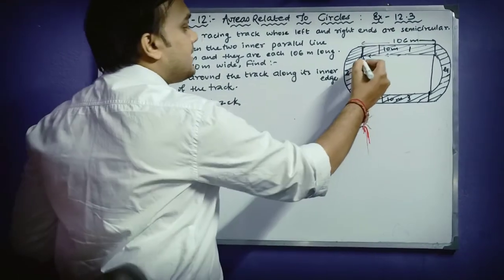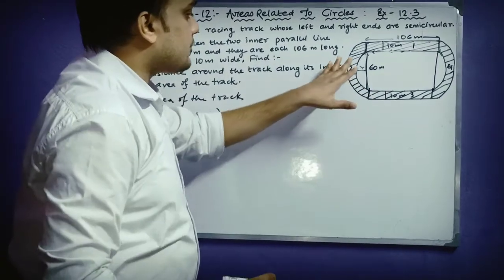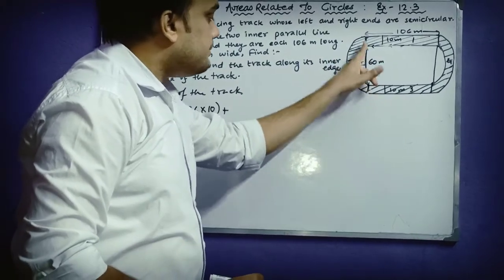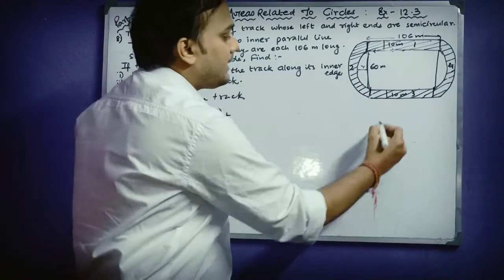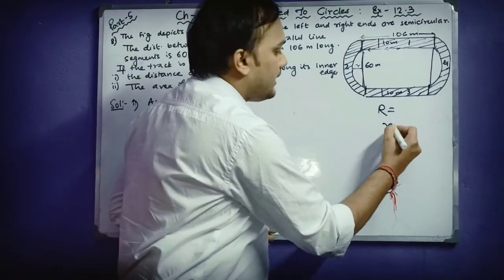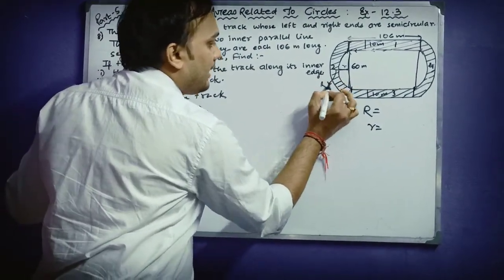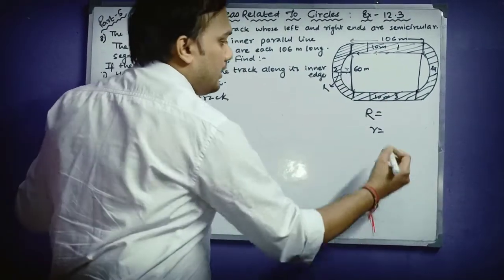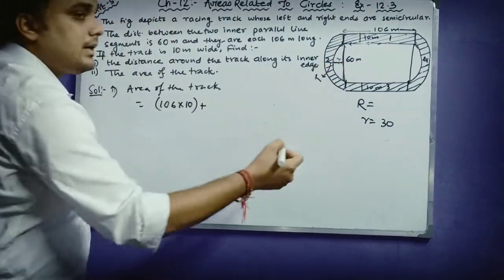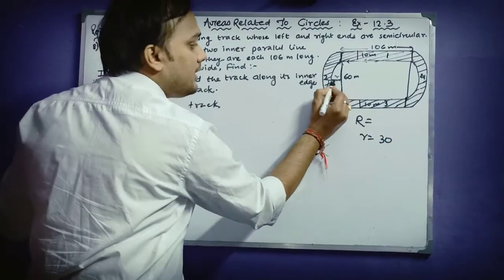And the second portion, you can see here that its area is actually the area of the big semicircle minus the small semicircle. If I take capital R as the radius of the bigger semicircle and small r as the radius of the smaller semicircle, you can see here that this is capital R and this is small r. As I said just before, small r is 30 meter. Why? Because the total is 60 meter and half of 60, that is 30 meter, is actually the smaller radius. And if the smaller radius is 30 meter, what will be the bigger radius?